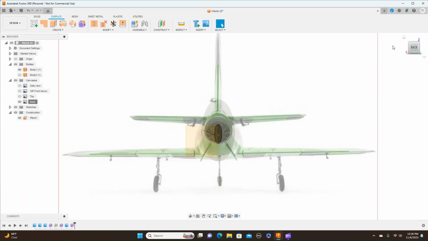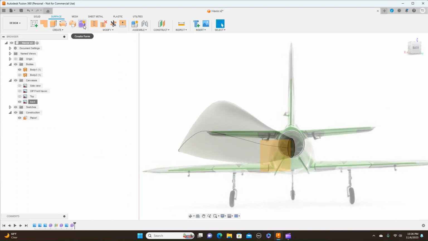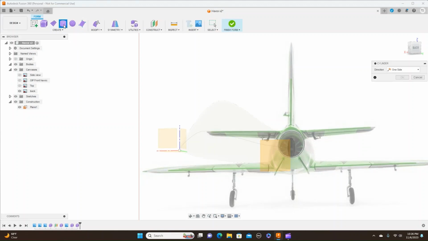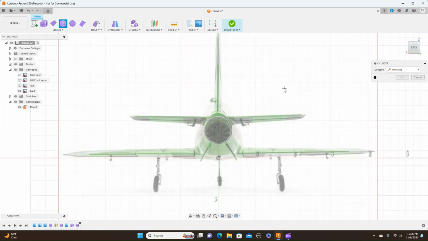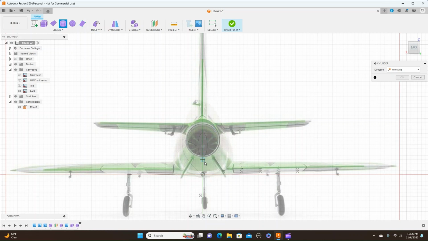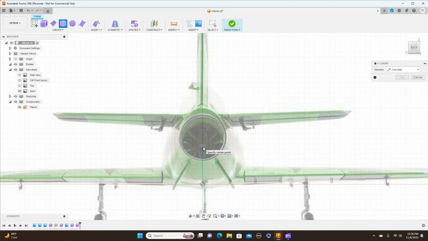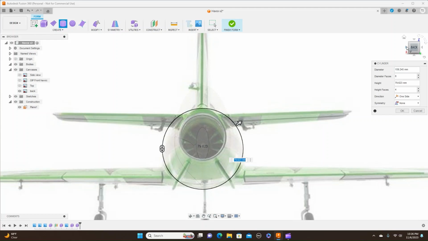So now what I want to do is come up here again, cylinder, and I want it on this plane back here. Now I want the circle to be from here to up here size-wise. So I'm going to guesstimate where the center of that is, from there to there. So click here, scale out, and that's about it. Then I want to see the right side of the plane,